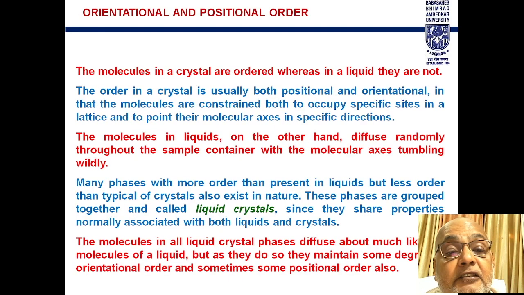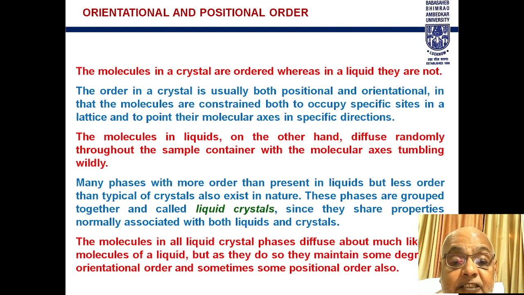The molecules in a liquid crystal are ordered, whereas in a liquid they are not. The order in a crystal is usually both positional and orientational. In that, molecules are constrained to occupy a specific site in the lattice and to point their molecular axes in a specific direction. The molecules in a liquid, on the other hand, diffuse randomly throughout the sample container with molecular axes tumbling widely. Many phases with more order than is present in the liquid but less order than a typical crystal also exist